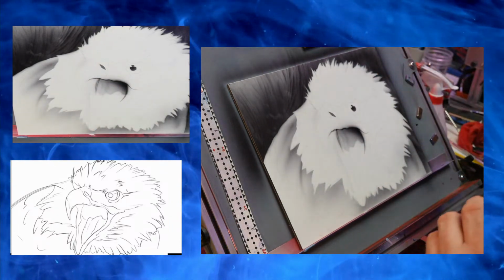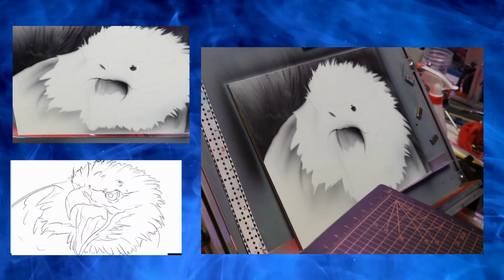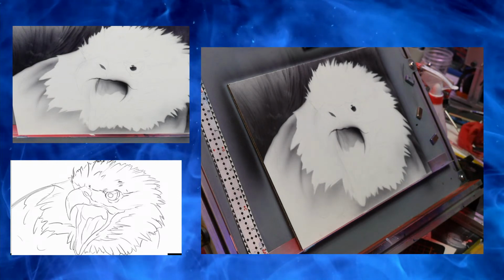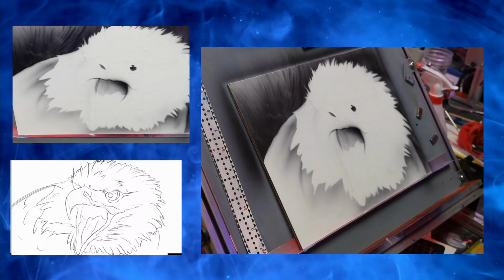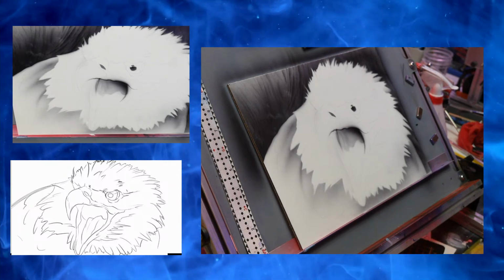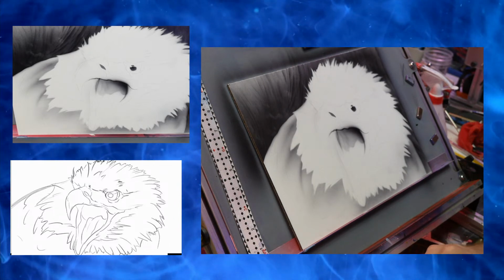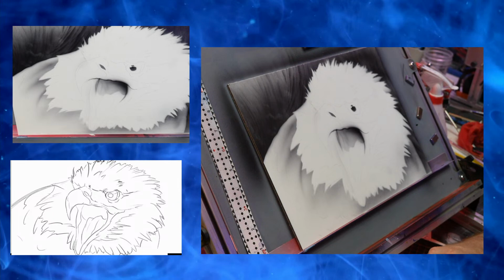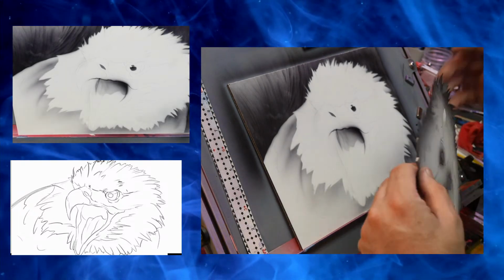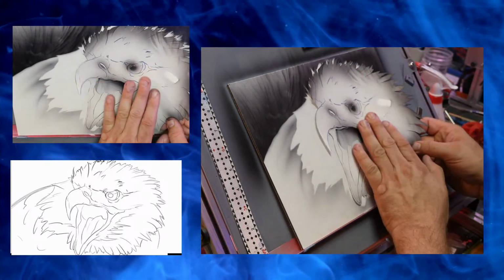So notice what I'm doing. When I spray this, I'm doing very little. And the key is, by doing very little, it's going to give me a lot of freehand control down the road. I'm just setting up the underpainting here. That's basically what I'm doing. That way, I get kind of... This is why I almost like...